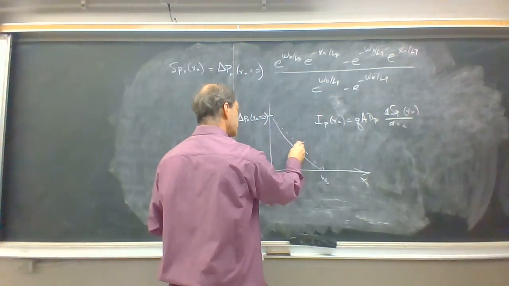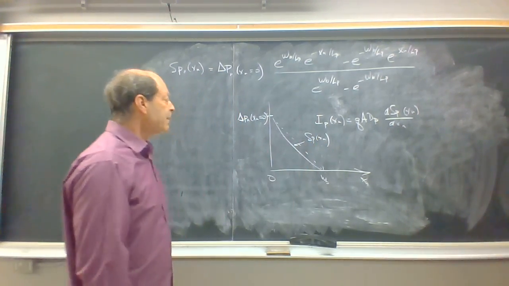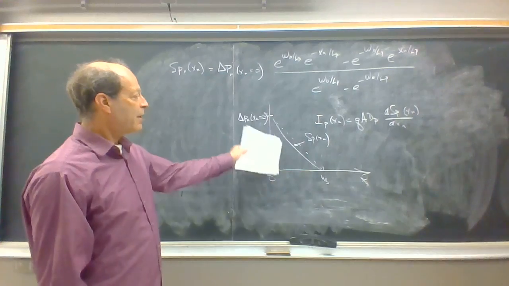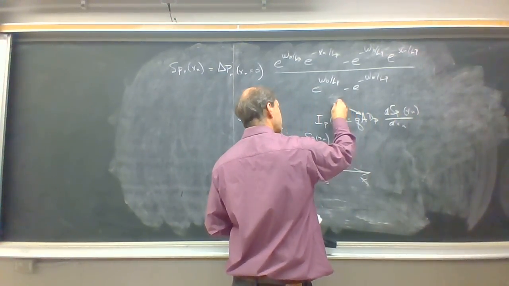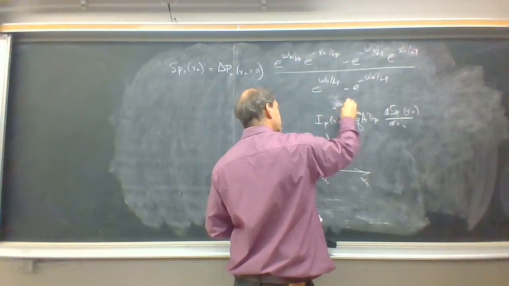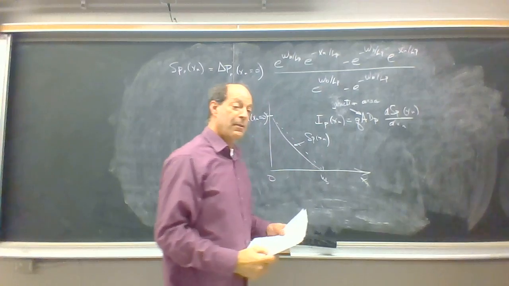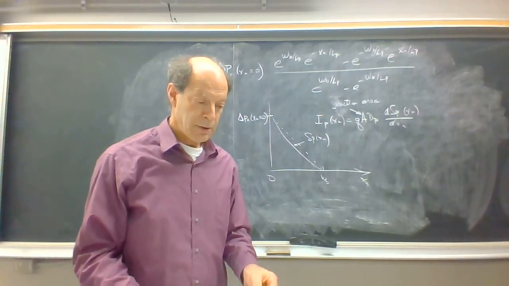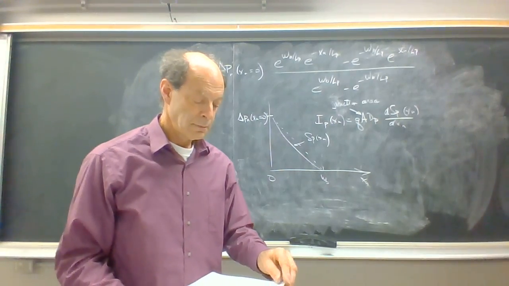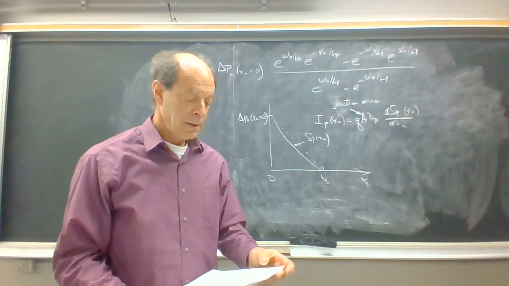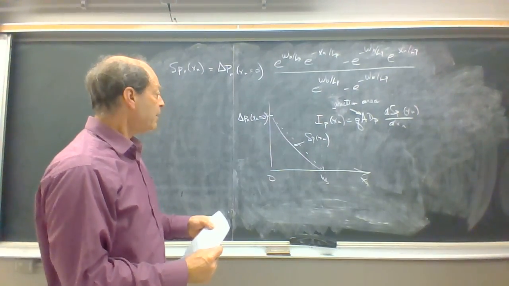So this curve is delta p of xn. So we're going to take the slope of that curve, and here A is the junction area, and then we're going to calculate the current. Well, we know that IP of 0